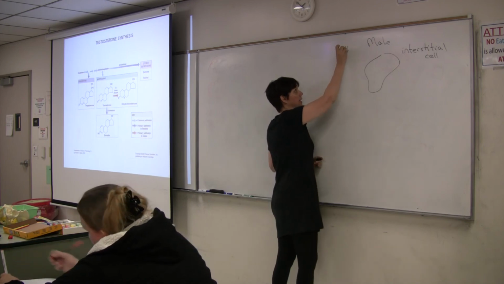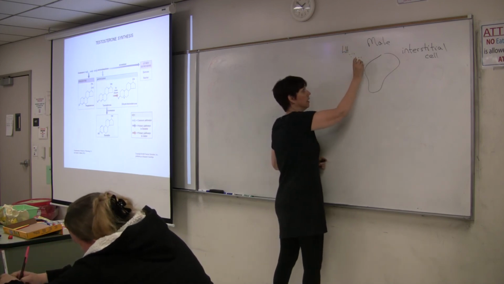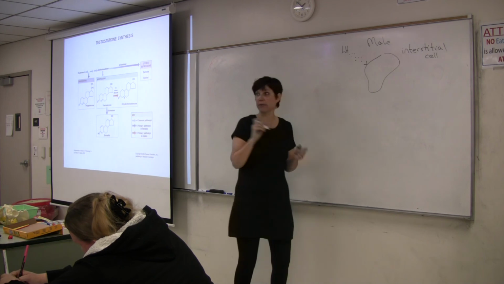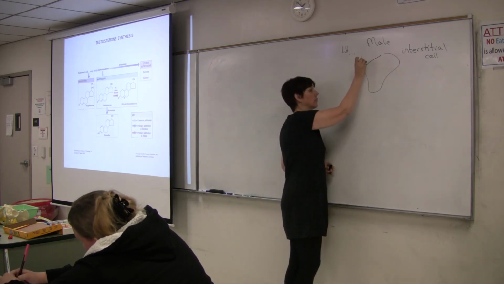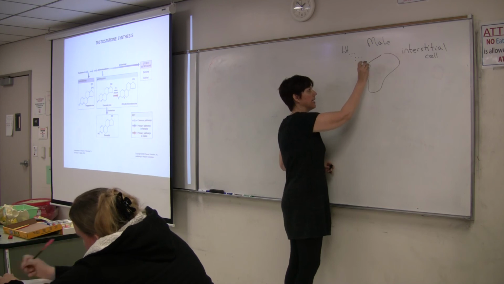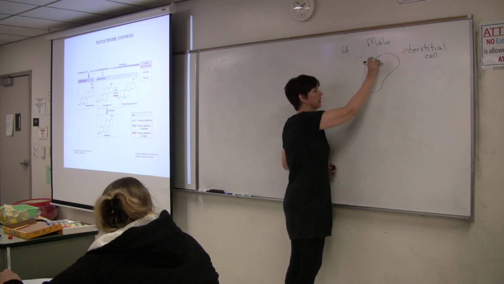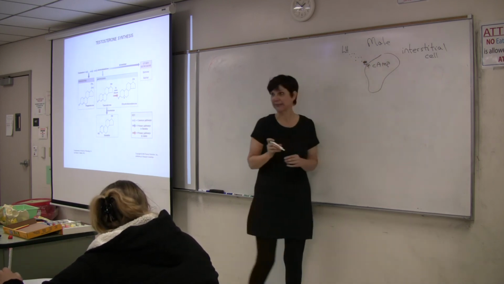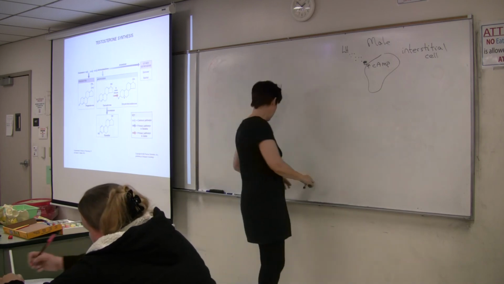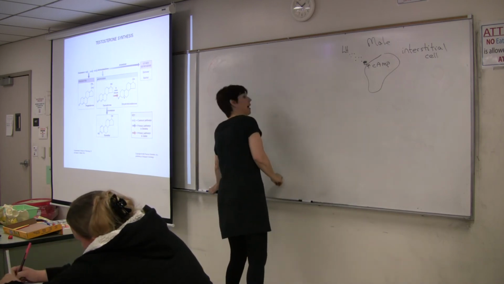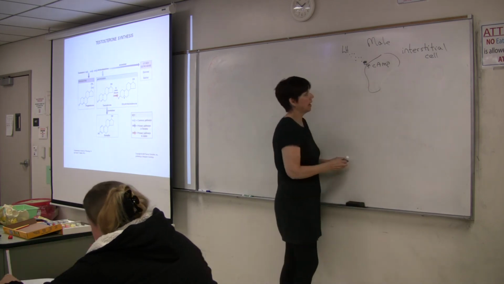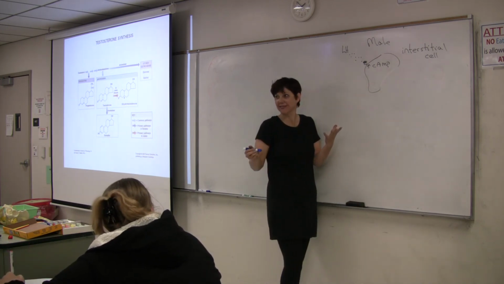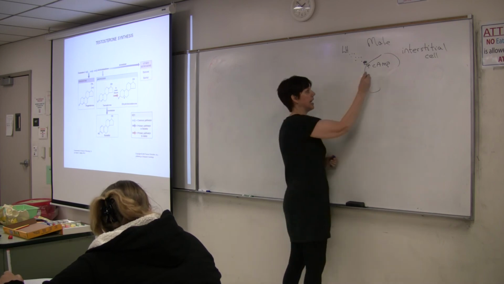LH, luteinizing hormone, binds to membrane receptors and causes an increase in cyclic AMP. All right? That activates the enzymes inside the interstitial cell, increases smooth ER, and the interstitial cell takes